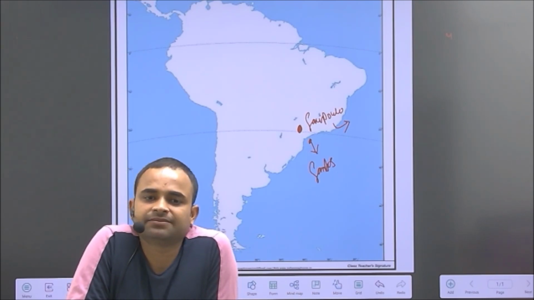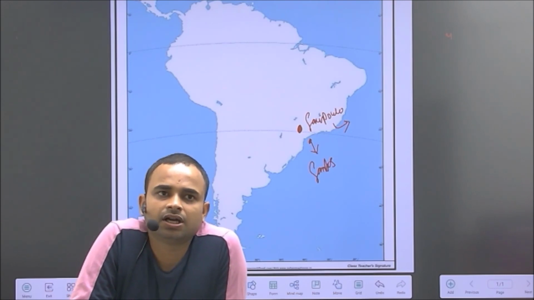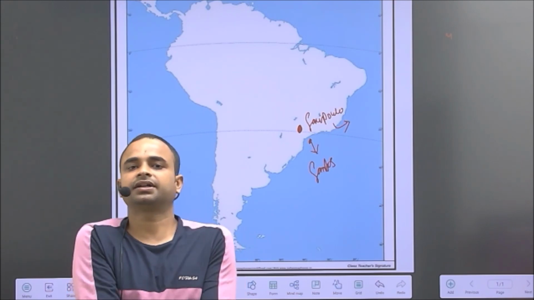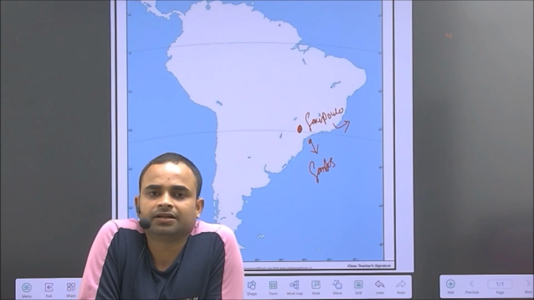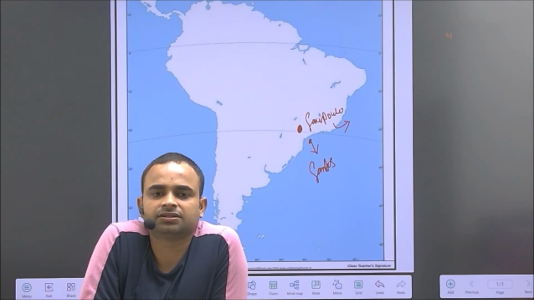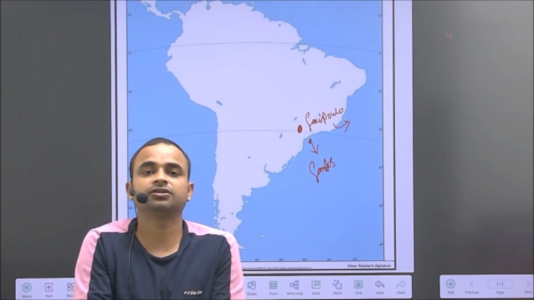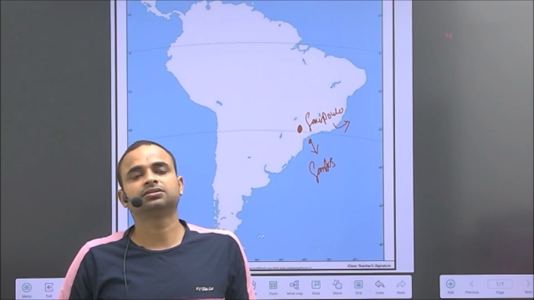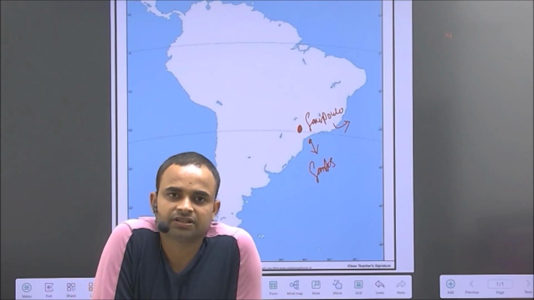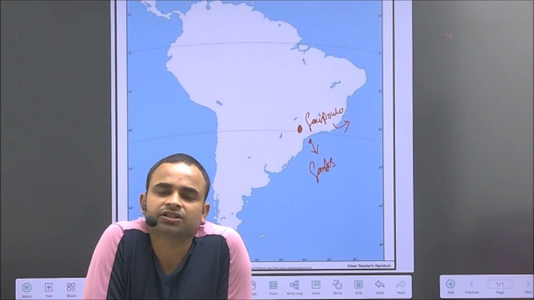Secondly, it is called Manchester because of highly developed textile industries, and Manchester is basically situated in the United Kingdom. Their textile industries are highly developed, so Sao Paulo is called Manchester because of ready-made cloth. Secondly, food processing industries and meat processing industries are developed. Third is a high production of coffee,